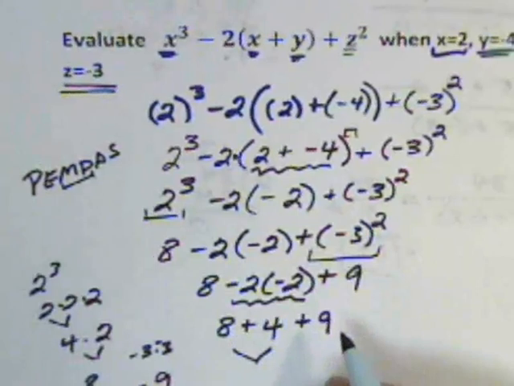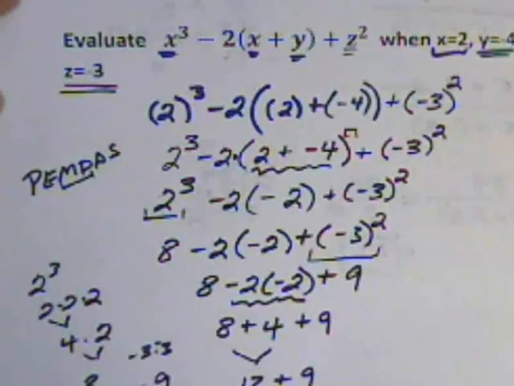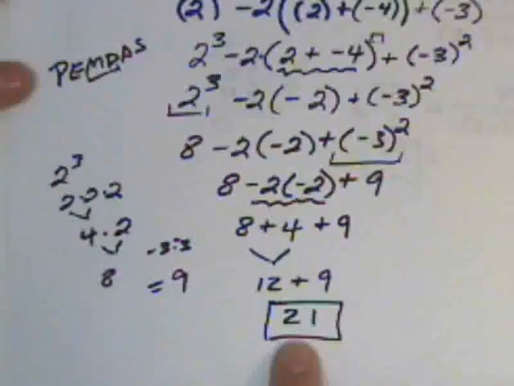8 plus 4, 8, 9, 10, 11, 12. Bring down our 9. 9, 10, 11. Carry that 1, that looks like a 21. We have now evaluated our entire expression by plugging in numbers for the